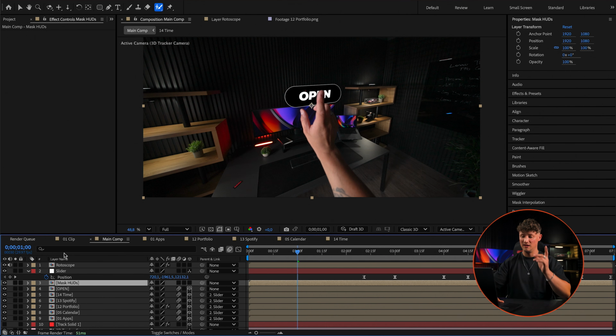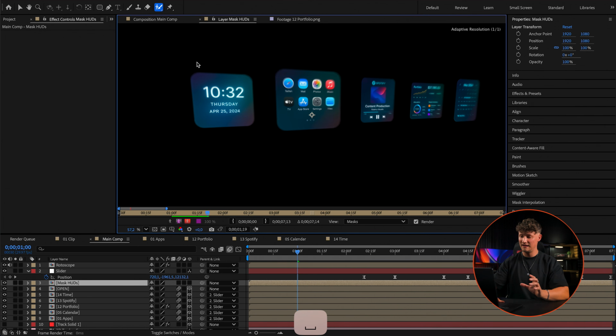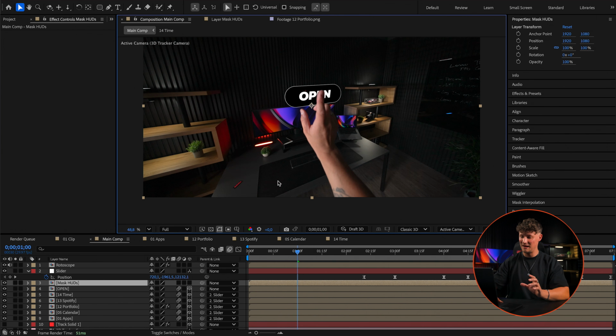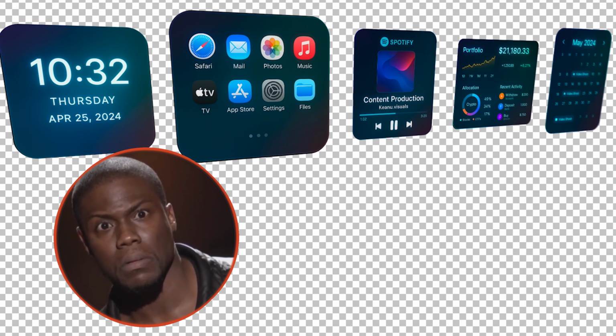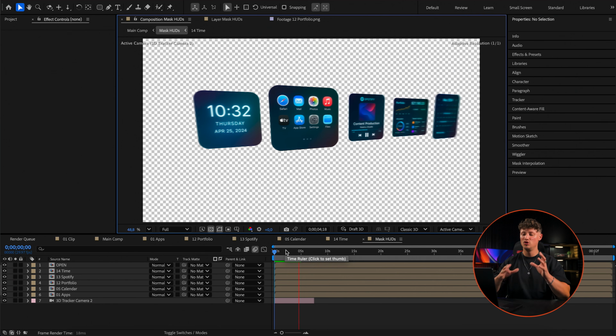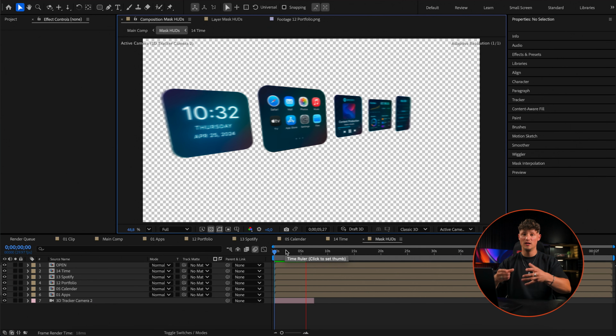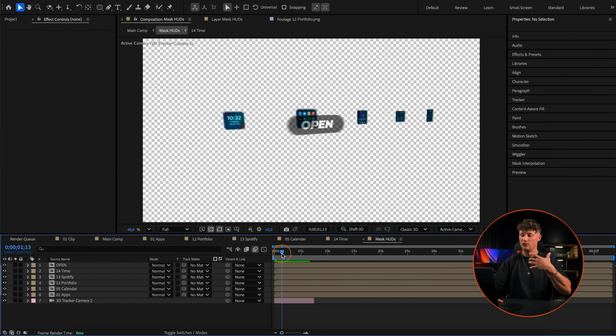Boom, nothing happened yet, but look at that. We now have a pre-comp with our 3D camera and all of our shapes inside. That looks pretty cool, right? So we have everything here on transparency, and you need to duplicate the 3D camera as well. That is the 3D tracking data we need for these shapes.